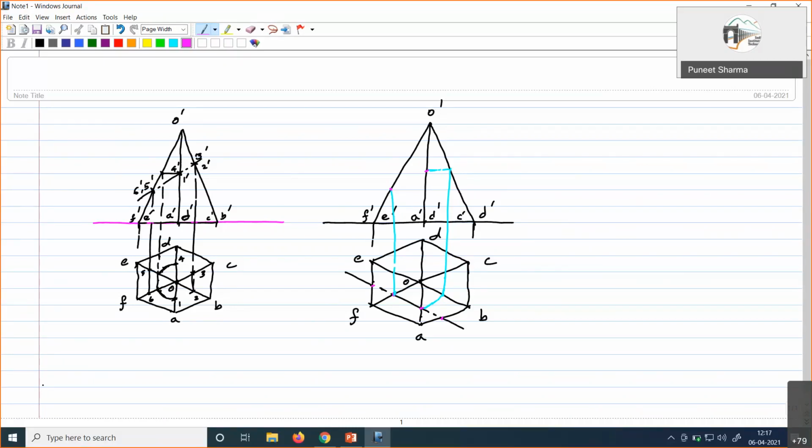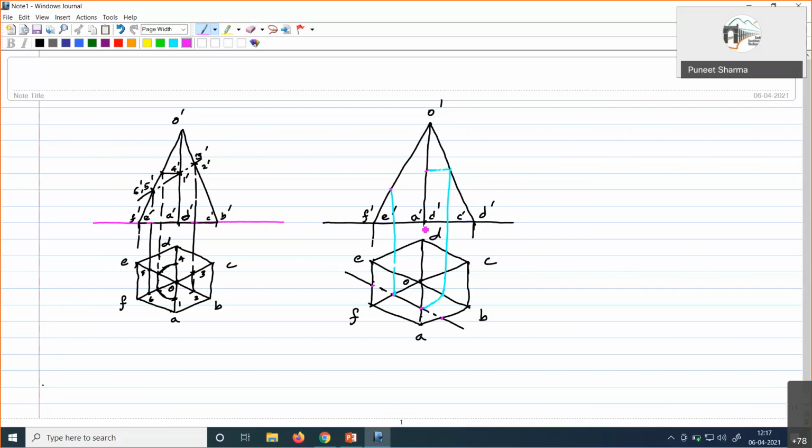Okay, so for that we moved parallel to XY line, went to the next edge which was available, and on that edge in the top view we located the points and then transferred them to OA and OD. That is what we did. So for this right figure, exactly the opposite thing is happening because our section plane is passing through the top view, right? Now again, OA and OD are two edges in the top view which are perpendicular to the XY line. So OA is perpendicular, so O dash A dash also is perpendicular to XY line in this.